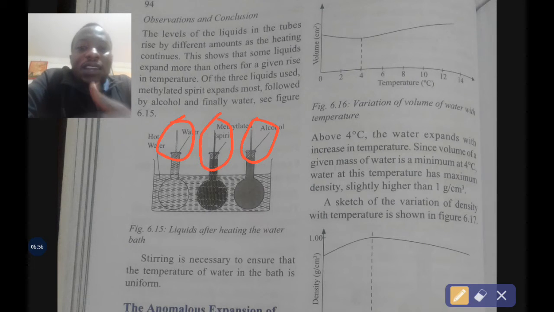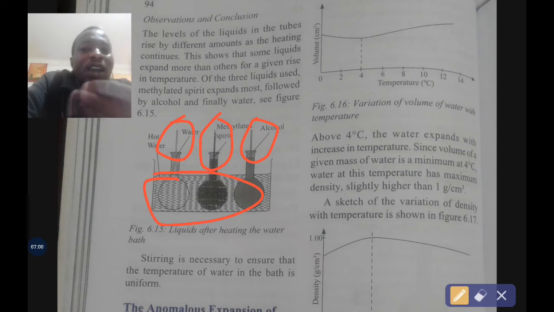But one thing has to be done when you are carrying out the experiment we have right here. The hot water must be stirred continuously. The reason for stirring is to ensure that the temperature of the water in the bath is uniform. So we are not talking about a situation whereby one of these liquids is subjected to higher temperature or higher